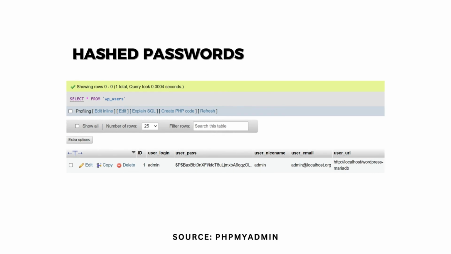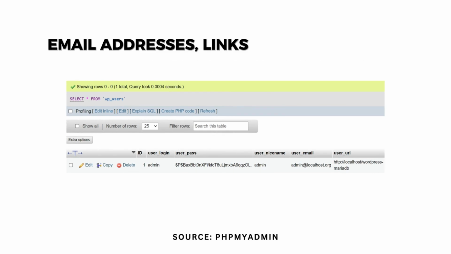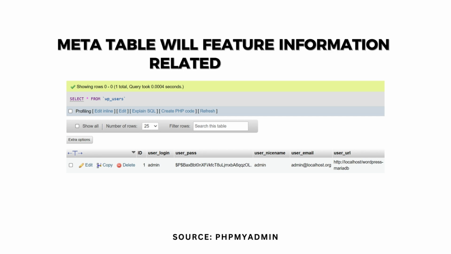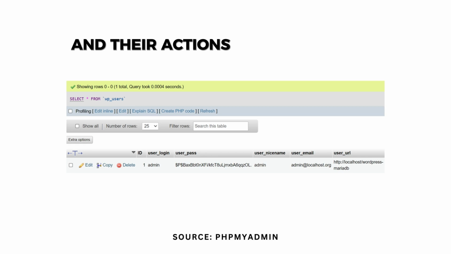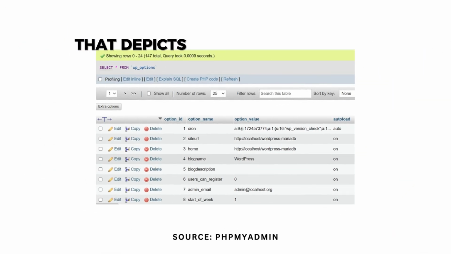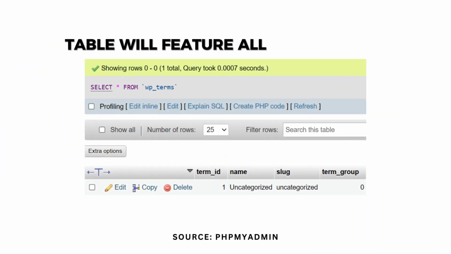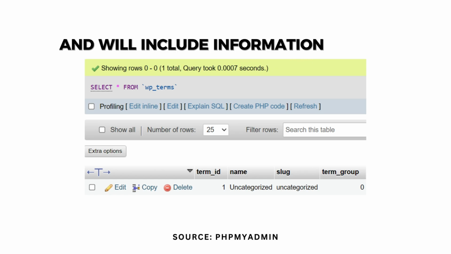The user table will feature our usernames, hashed passwords without salts, email addresses, links to user profiles and more, and the user meta table will feature information related to users and their actions. There is the WP options table that depicts all of the available options within MariaDB and lets you modify miscellaneous settings. The WP posts table will feature all of the posts within your website and will include information on the